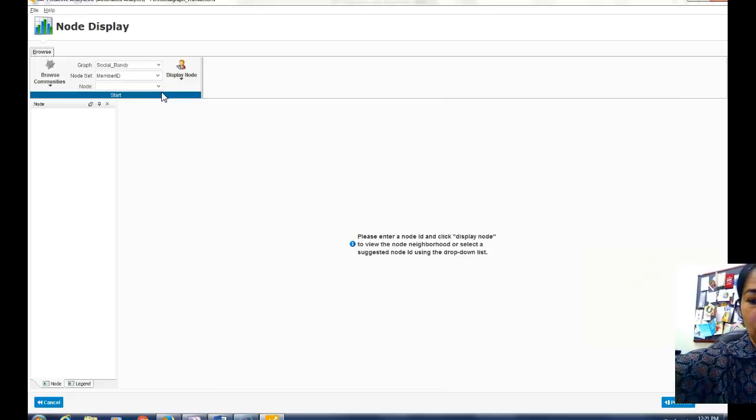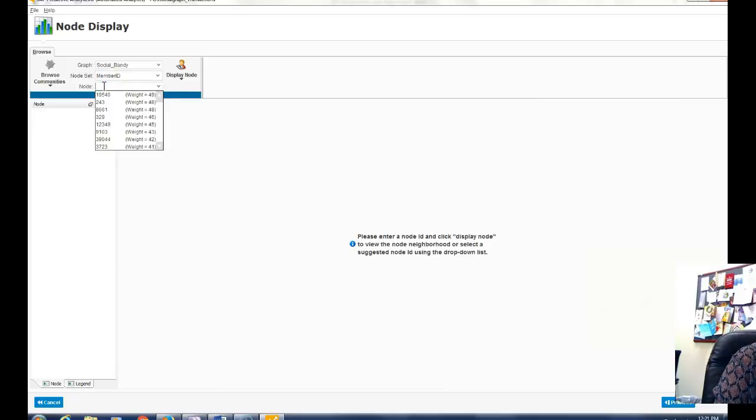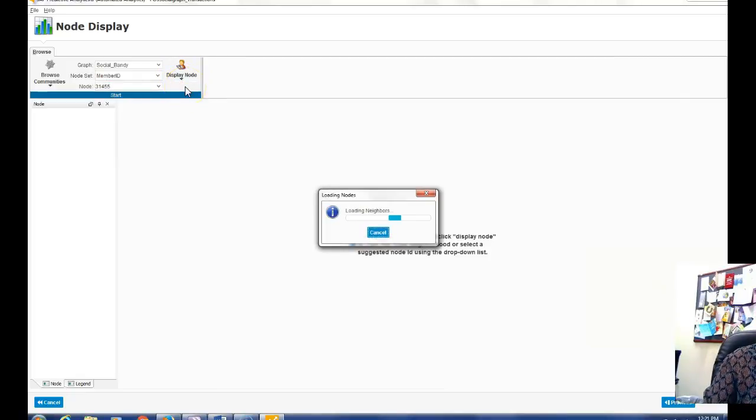So for note, we will use the member ID of a customer, which is, say, for example, 31455. 31455, and I enter, and within display note I display it.